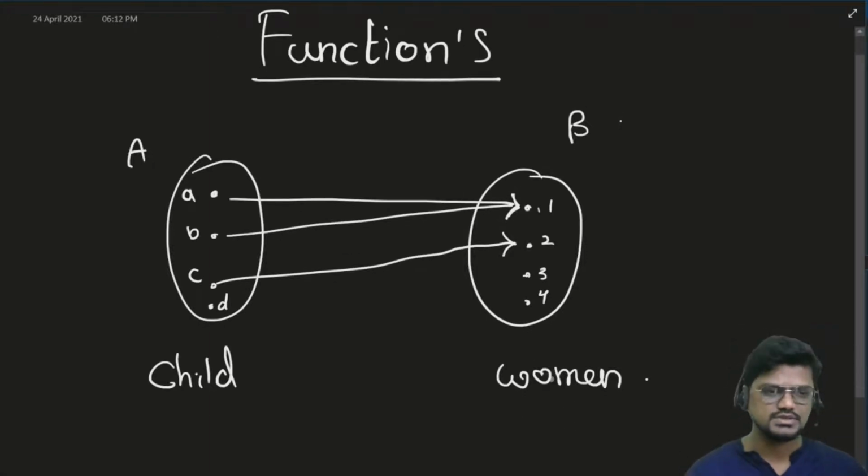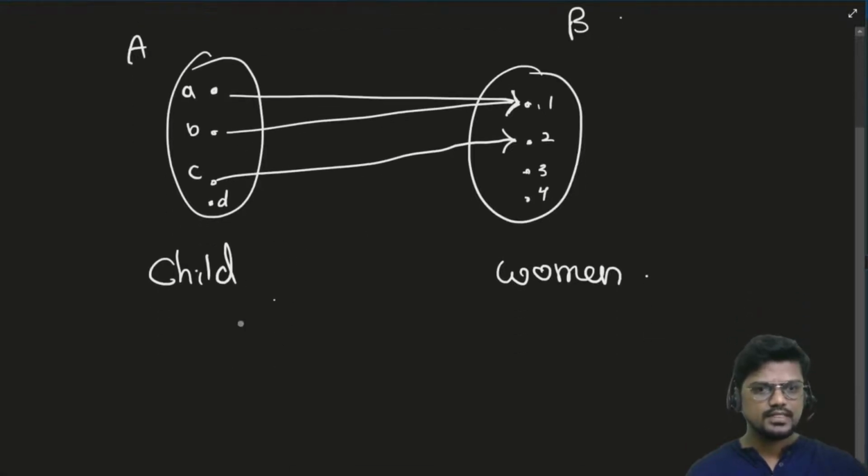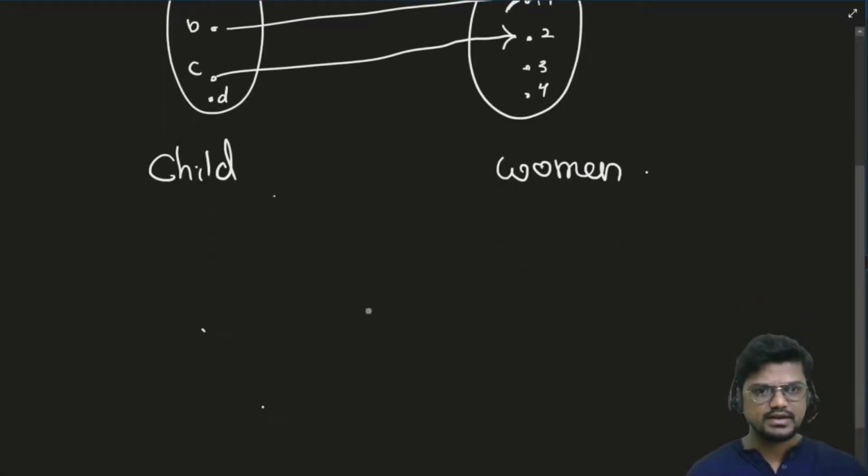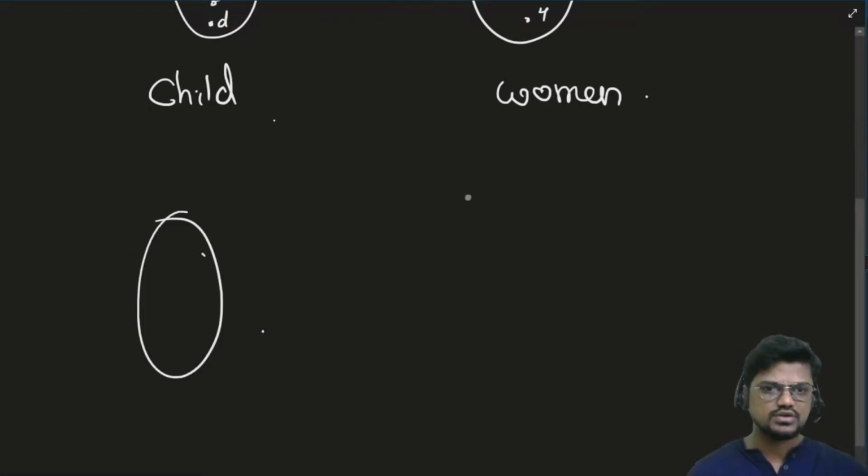His real mother, I'm saying. It is only about the real mother. There are many aunties and all, that's fine, they are also like mother, but I'm only talking about the real mother. So a child will have only one mother. Two children can have one mother, three children can have one mother. But if a child does not have one, then there is a problem, then also it is not a function. Is this clear? Now I will draw some patterns over here. You have to tell me whether it is a function or not.